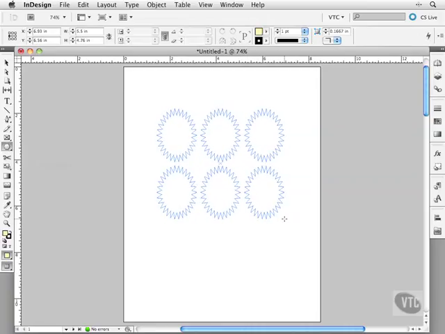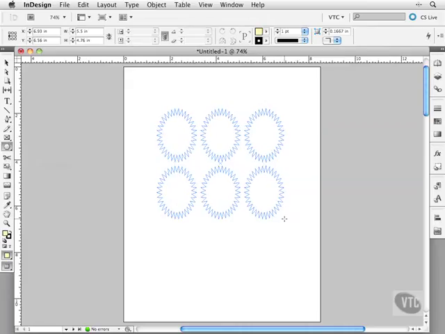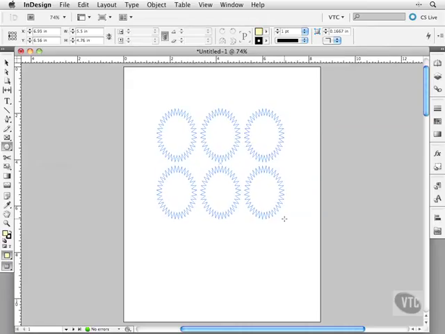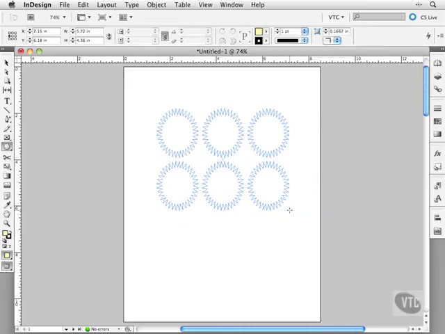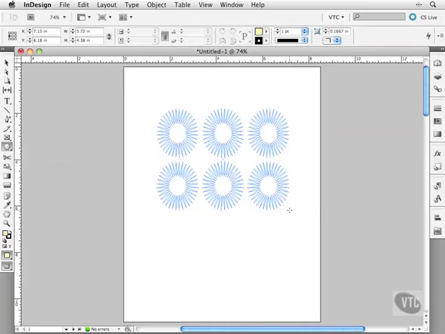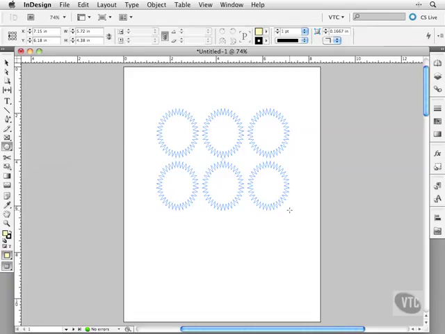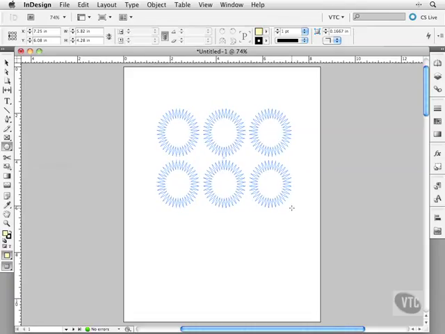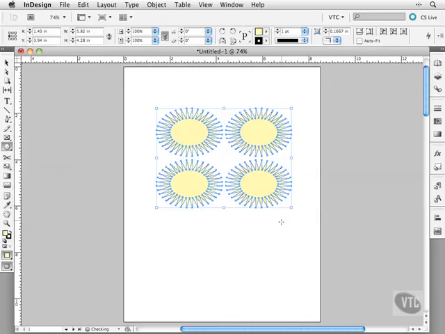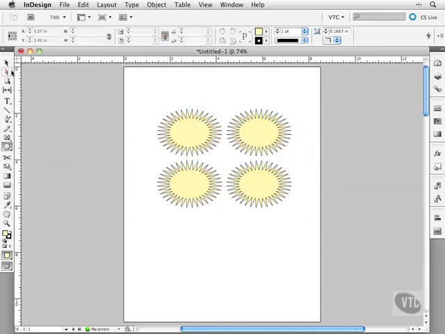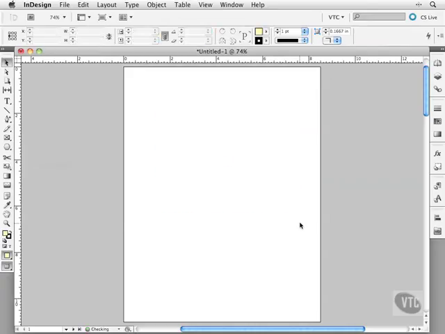There I hit the space bar, and I can use the up and down arrows to change the number of points in my polygon, or the right or left arrows to change how far the point goes in, like that. Again, hit the space bar, and then I go back to the Gridify mode. Oops, I clicked on the screen there, and that's what created that. So let me select those and delete those,